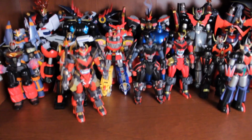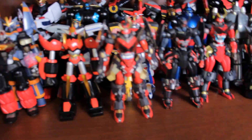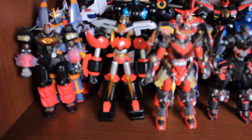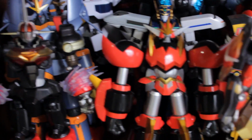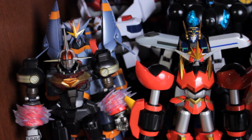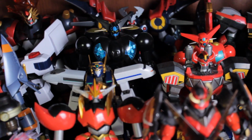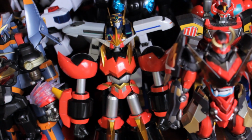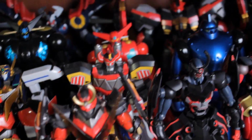So moving down, we have the Gokin shelf. So we'll kind of push these guys back in order. So starting with the left here, we have our Night Gear figure. Kind of focus all this and zoom in. So we have a Night Gear figure, Gunbuster, got to keep this all in focus, J-Decker, then we have Godinar in the back, then we have Daigengar, New Getter 1, Might Gain, Daigard, Riobot Gurren Lagann, Daizujin, then we have